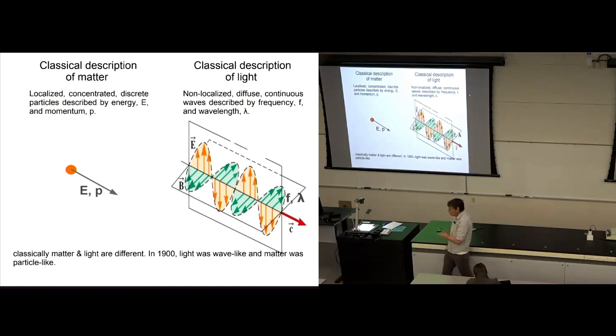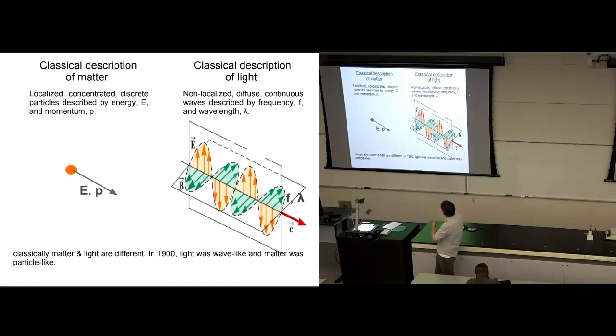For matter, classically, we think of matter as little particles, little bodies, little objects. Those particles carry energy and momentum. And so that's our picture of matter, little particles with energy and momentum. Our classical picture of light, well, light is something that is a smooth and diffuse wave with wavelengths and with frequencies that reflect the distance between crests of the waves, or the time between successive crests of the waves. So that's our picture of